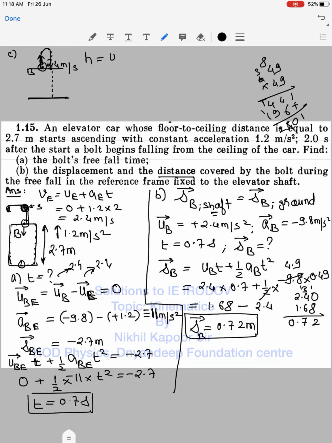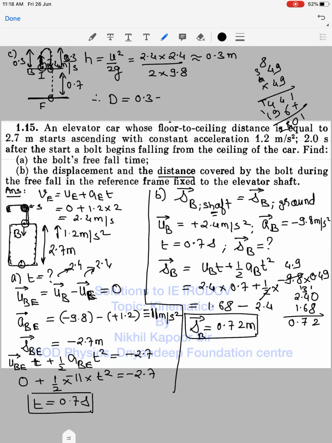So we know that whenever an object is thrown up, the maximum height is u square upon 2g. So that would be 2.4 into 2.4 upon 2 into 9.8. And on solving you will get this as approximately 0.3. So for going up it is 0.3 and for going down it is 0.3. So right now the distance traveled is 0.6. And how much is this gap? This is nothing but the initial position and this is the final position, which is called displacement of the bolt from the ground, 0.7.